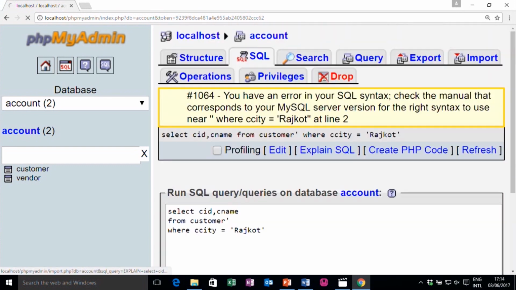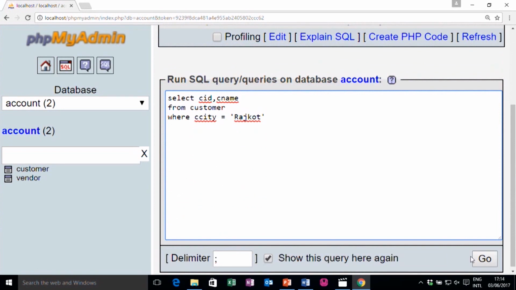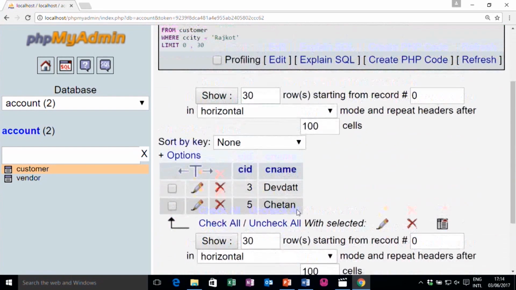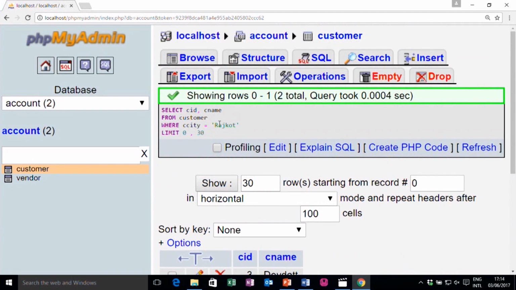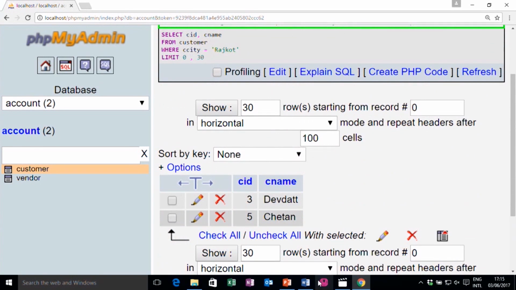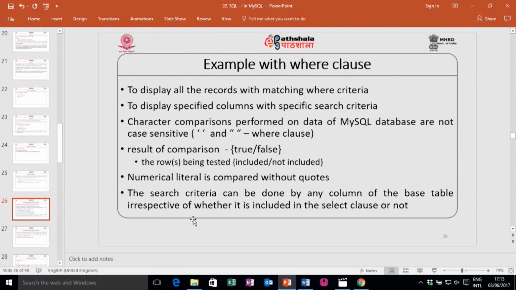If you click on the go button, it says select CID CNAME, okay, there is one more quote, that is why it shows an error. Now it will show these 2 records because I do not want to display C city, but these are the 2 values available there. This can be done on any column.